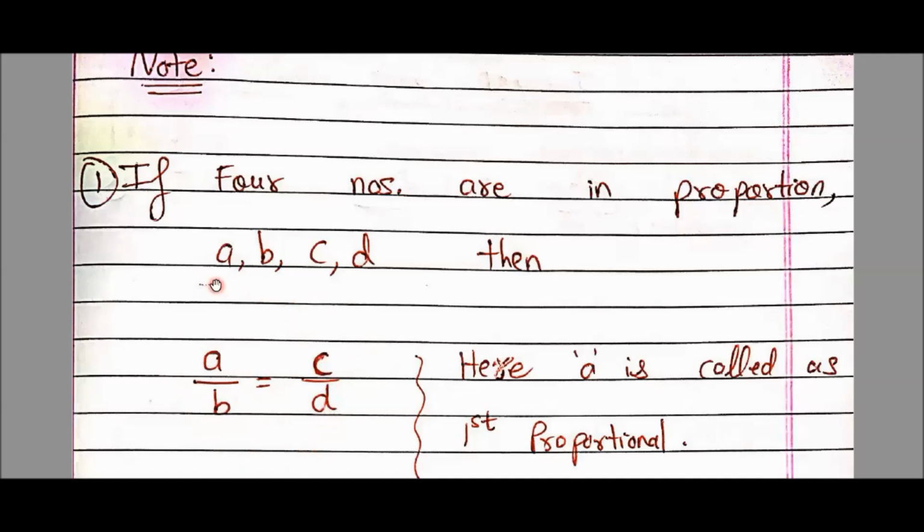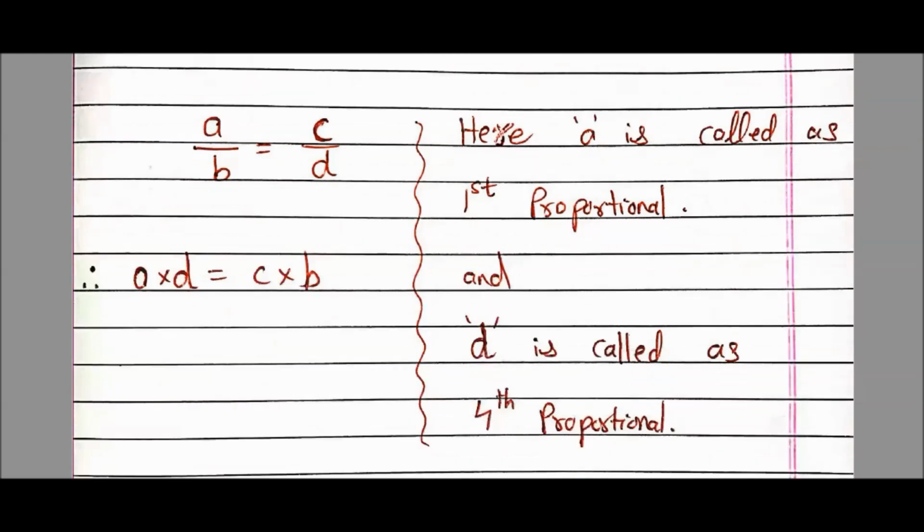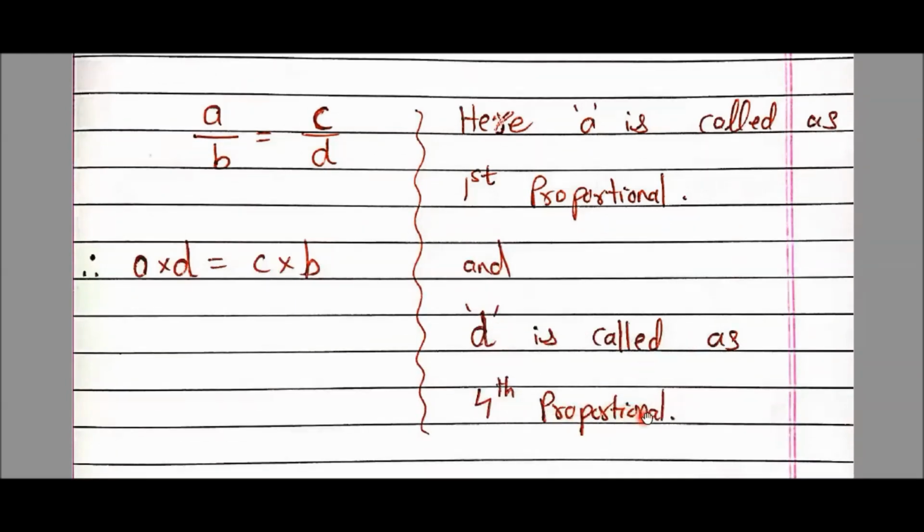But I want you all to once again see this cursor. How is it written? A, B, C, D. Yes, sequence matters. Here, sequence is important. When they say that A, B, C, D are in proportion, that means A is called the first proportional. सबसे पहले A है, so A is called the first proportional. Good. Moving further. You see my cursor here, students? And D is called the fourth proportional because D is at the last.